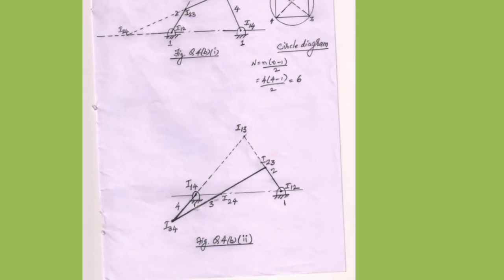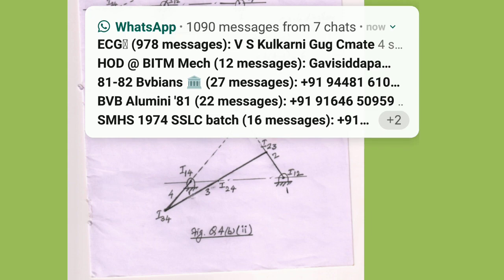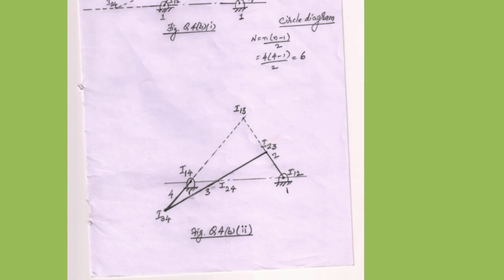Come to the next figure. In the next figure, a crossed link has been given very deliberately. I14 and I12, he has already given the numbers 1, 2, 3, 4 in the question paper, so we cannot change the numbers. 1, 2, 3, 4 should be as given in the question paper. So 1 and 2 are on the right side. Usually it will be on the left side. Now it is on the right side. Link 2 is the crank. I12 and I14, the fixed instantaneous centers, are already marked. Now see I23 and I34. They are permanent instantaneous centers, also readily available. Only I13 and I24 are pending now.